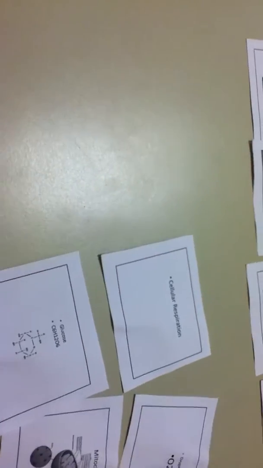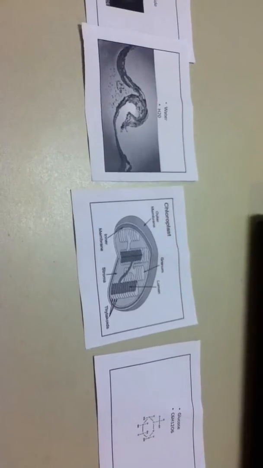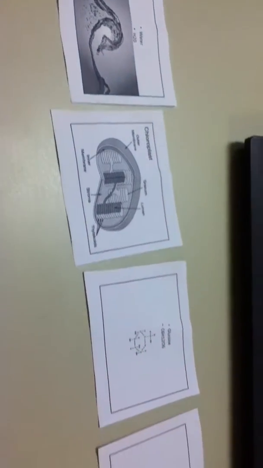The person who has chloroplast puts the chloroplast next. And then glucose person, and then oxygen. So that's going to show us that photosynthesis occurs when carbon dioxide and water go into the chloroplast, and that produces glucose and oxygen. And then the person who has cellular respiration card goes next, and they would put down